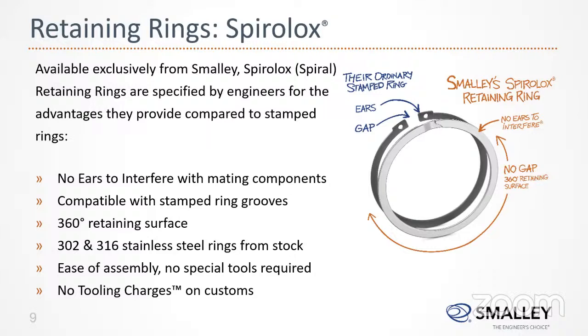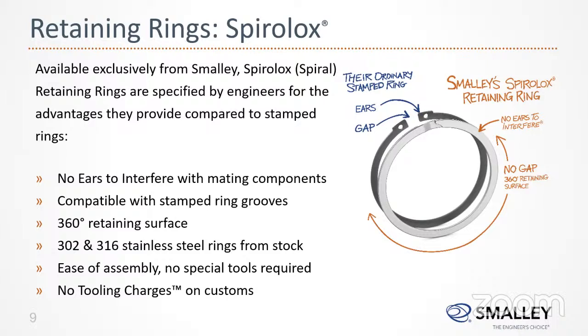So on the front side, you can see a retainer ring which is developed by Smalley. This is a 60 year old technology. What they do is take a wire, flatten it, and then mount it. So here, there is no ear which will interfere with the mating hardware. And also the circular grain structure is not damaged. So this provides superior strength and stability, and offers longer life and better performance.